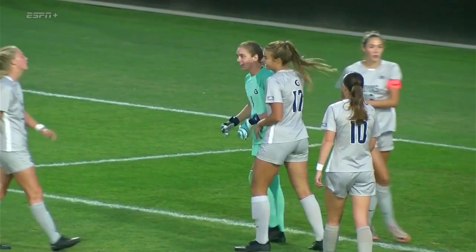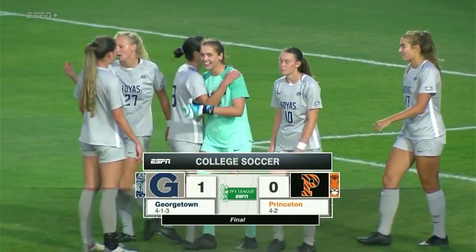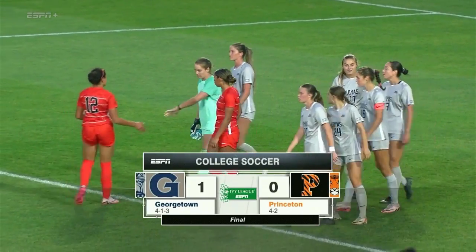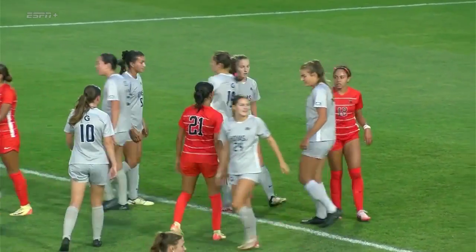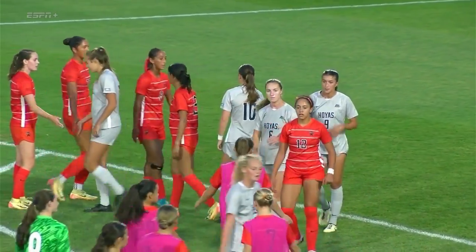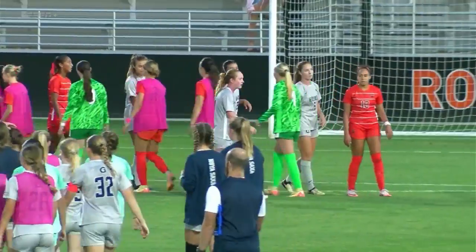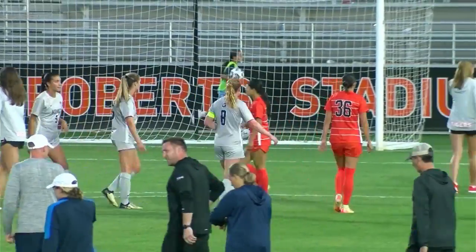It didn't feel like survival for most of the 90 minutes, but in the last 10 seconds, the Tigers get one last push. And Kara Martin comes up big with the punch, securing the win on the back of Eliza Turner's PK. It was such a hard-fought battle. I'm really impressed with the way the Hoyas came out and controlled the majority of this game. I mean, I thought just about 75, 80